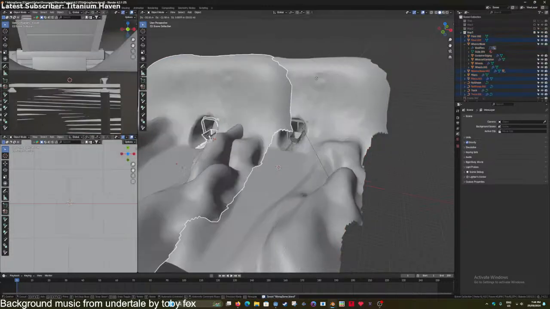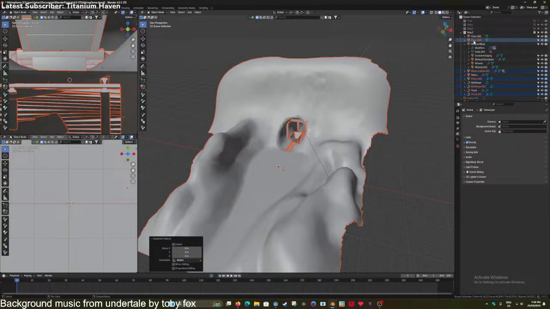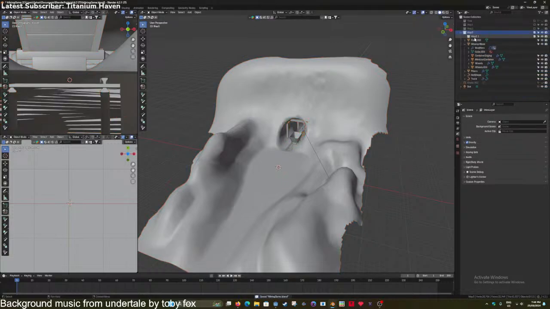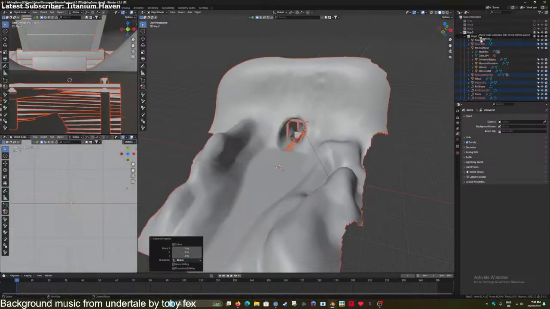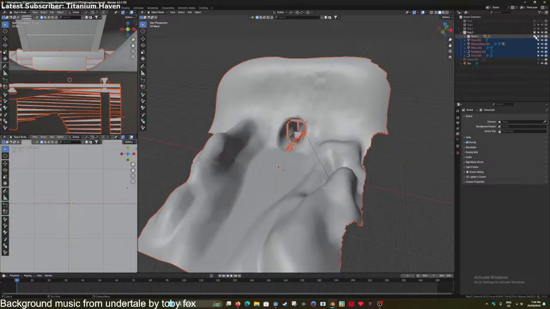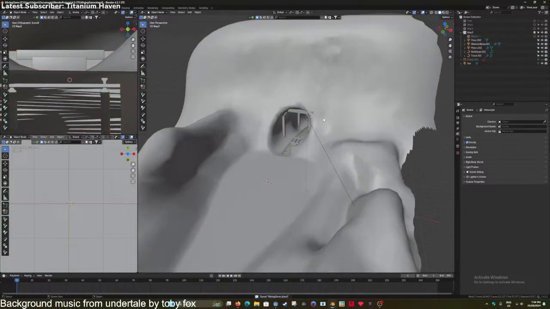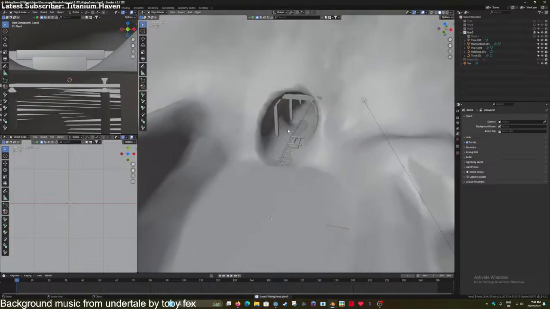I have to duplicate it. Nope, undo that duplication. Yep, take it all, put it in there, duplicate it, take it out of there, put that in there. Right. Because I'm going to be applying all the modifiers. I want to make sure I have backup. Alright, so